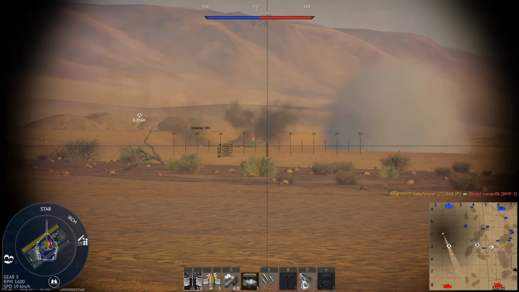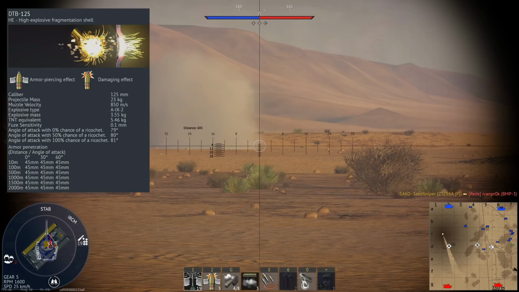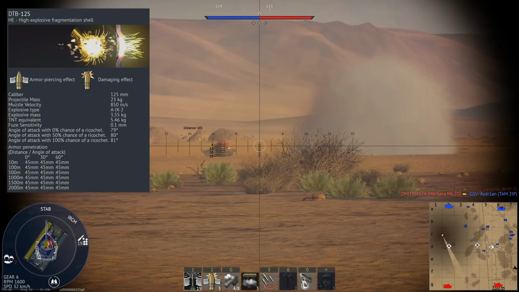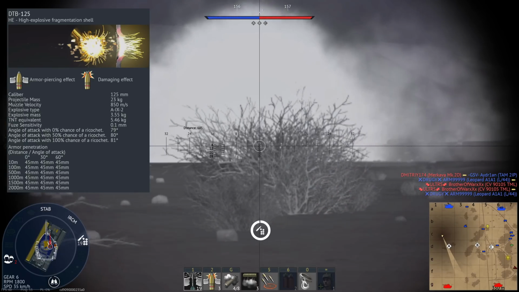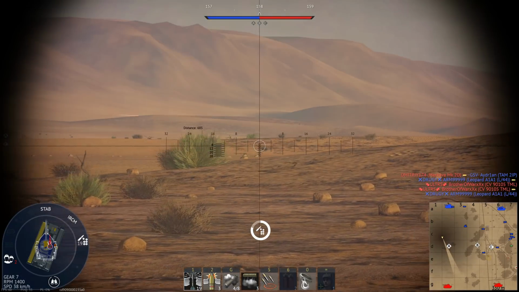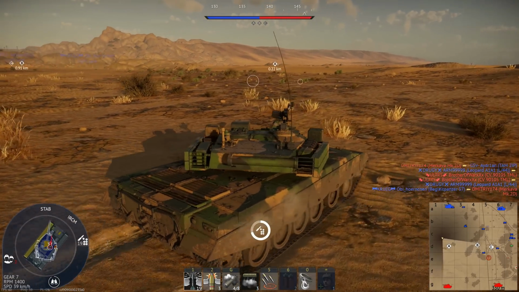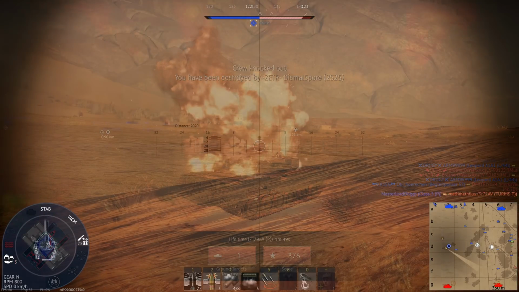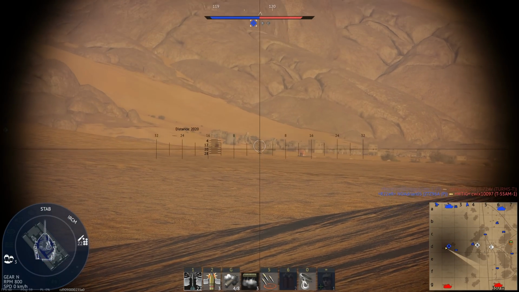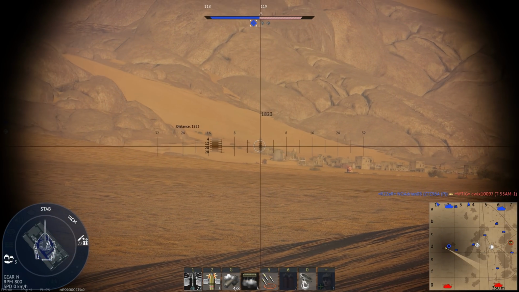We also have the DTB. This is a high explosive frag shell. It again has quite a low muzzle velocity of 850 meters per second, and it can penetrate 45mm of armour due to its 5.5 kilo warhead. Like many of the Soviet high explosive rounds, this is pretty good for trolling if you really wanted to do it, but it's quite unreliable and takes a lot more skill to use, especially compared to our next round,